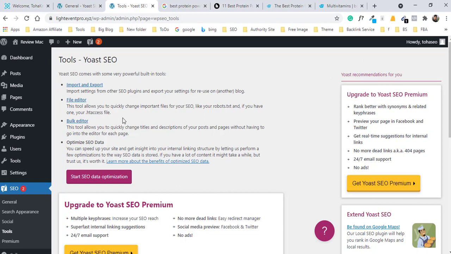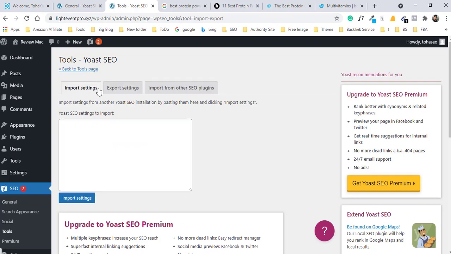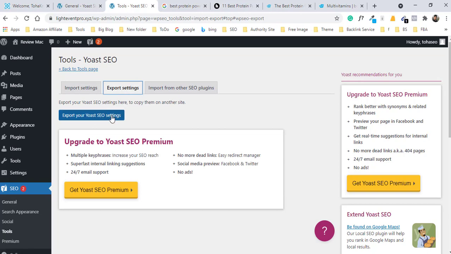In the tools section, you can import and export your settings. Click on import and export. You can save your whole Yoast SEO data, and if you want to use the same configuration on another website, you can import from another SEO plugin, or you can export your settings.